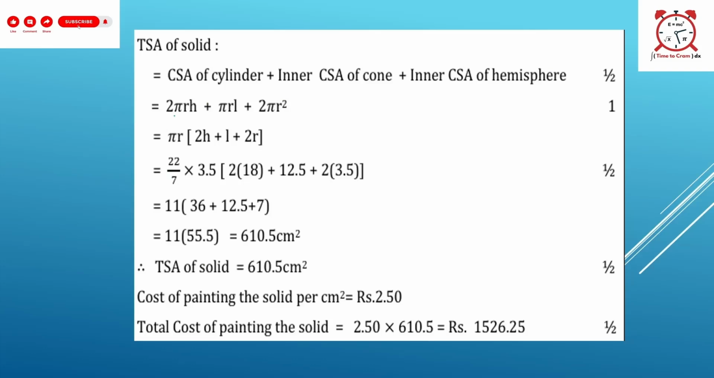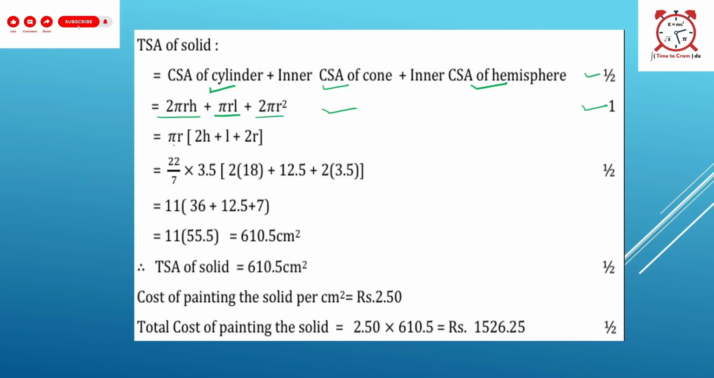So total surface area of the solid is what? Curved surface area of cylinder plus inner curved surface area of a cone plus inner curved surface area of a hemisphere. You can see here, for writing all the formulas we will have half marks, and for keeping the correct formula we will have 1 mark for that. So keep their formula